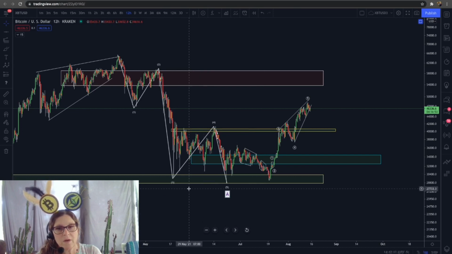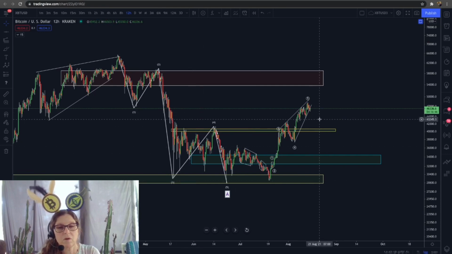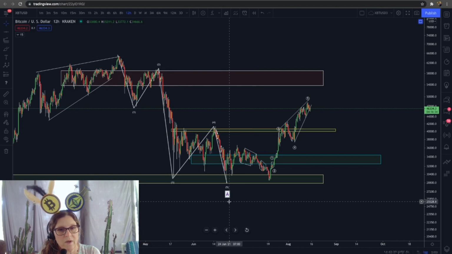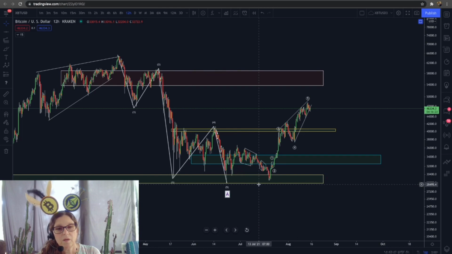Okay, so starting out on Bitcoin, not a lot has changed, guys, since my last video, but with this little bit of a correction we're having here, I thought I would get into it. If you are calling this move a wave 1, a wave 2, a wave 3, a wave 4, and a wave 5 for an A wave, that is completely valid if that is the way you want to count it. Or if it's an A, a B, and a C to the downside, we're not going to really know which one it actually is until we get the partner to this over here. With that said,